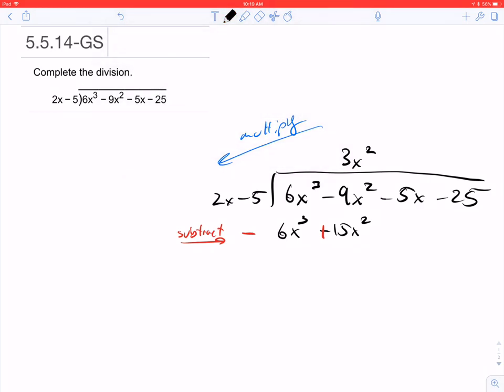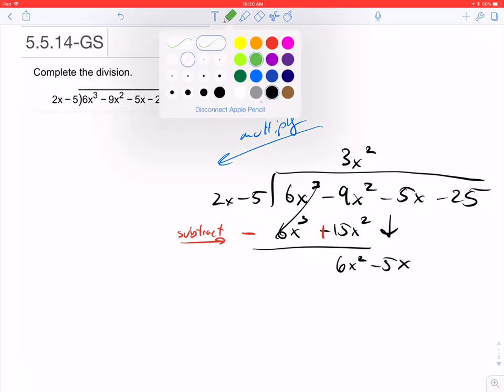Okay, so now if we do that, this is going to cancel. That minus itself is 0. Negative 9 plus 15 is 6, so 6x squared. This comes down, so then we have minus 5x. Okay, so then next we want to